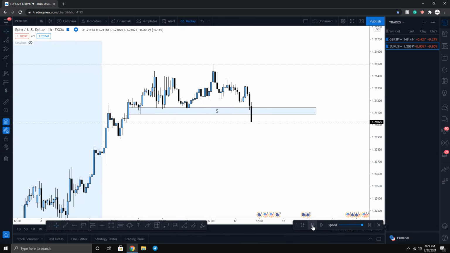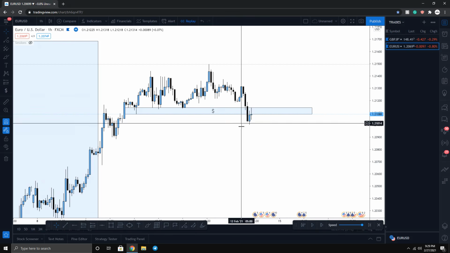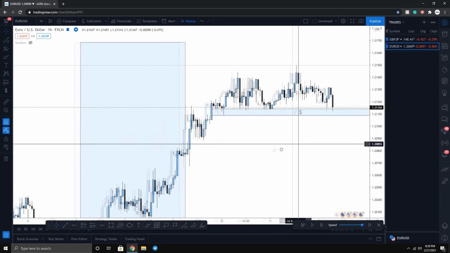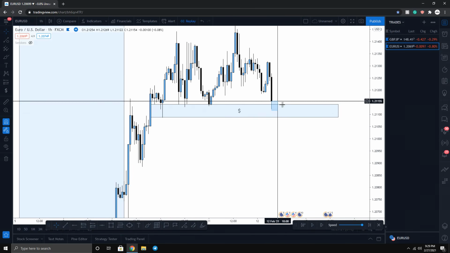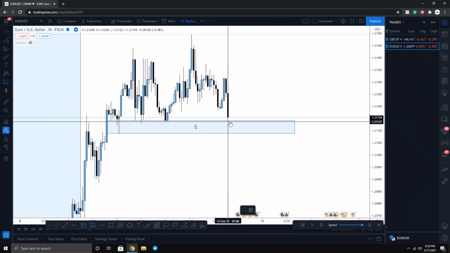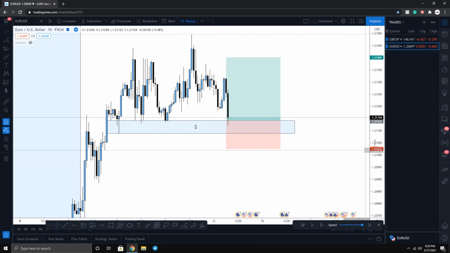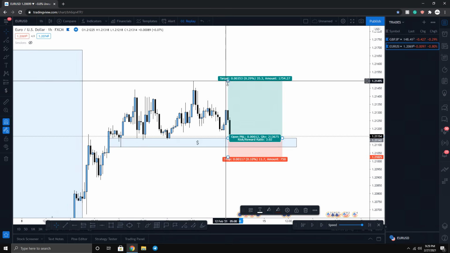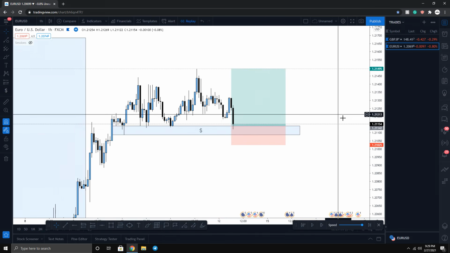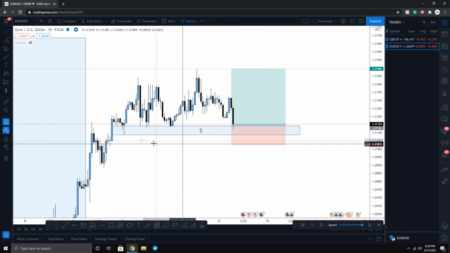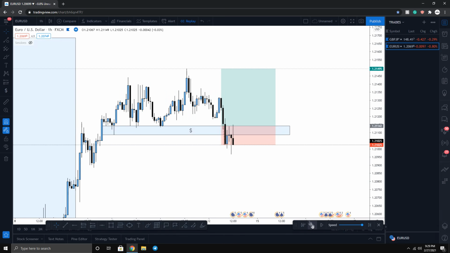Now we're going to see the money get grabbed. Right over here, if you go back to replay mode, you can see that off of this rejection, a lot of people started buying at this support. After people bought at this support, they put their stop loss over here or over here. There's no way to actually tell where they put it, but from a retail trader perspective, we know that they put their stop loss 15-20 pips below. And then you get stopped out.